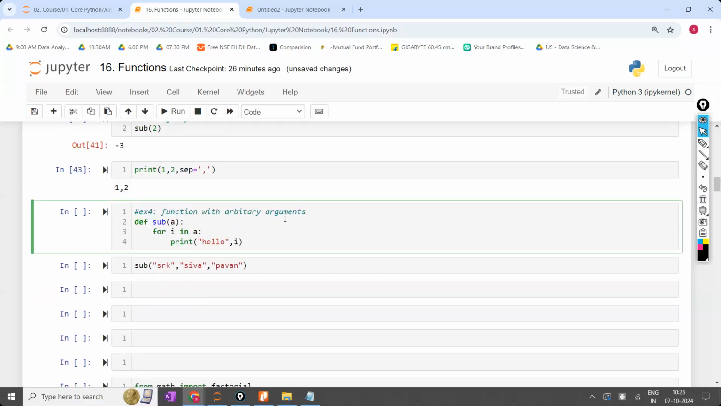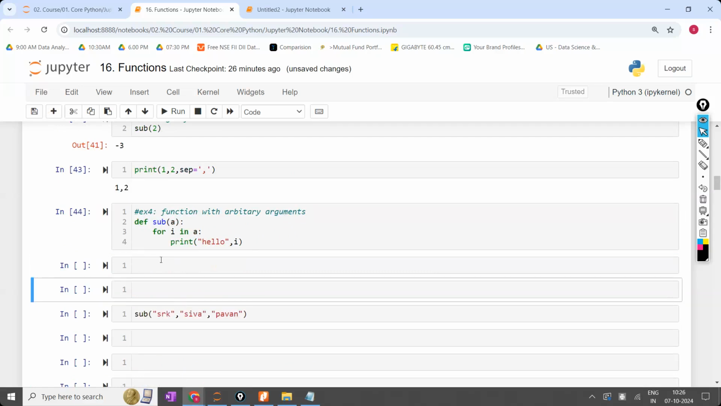Okay, a function with arbitrary arguments. Now def sub of A. Now here I'm writing something, a for loop. Okay, done. Now tell me, I'm going to use this function called sub